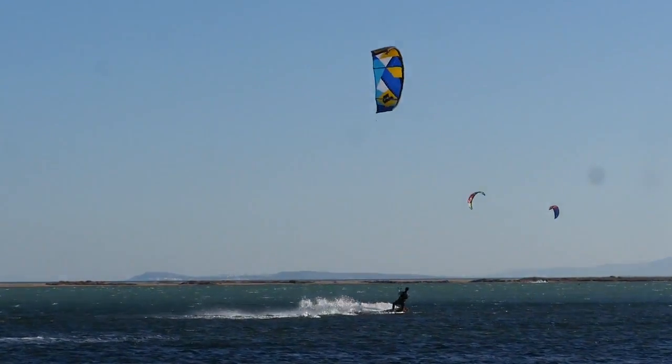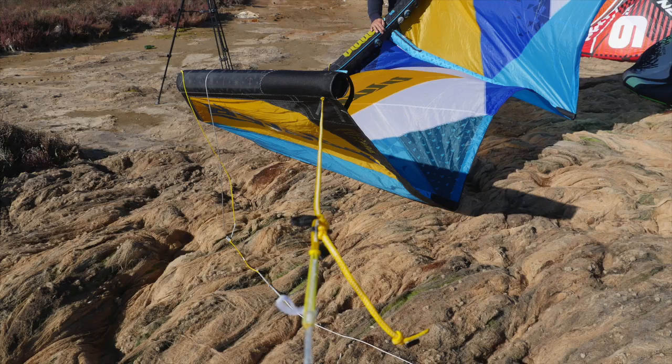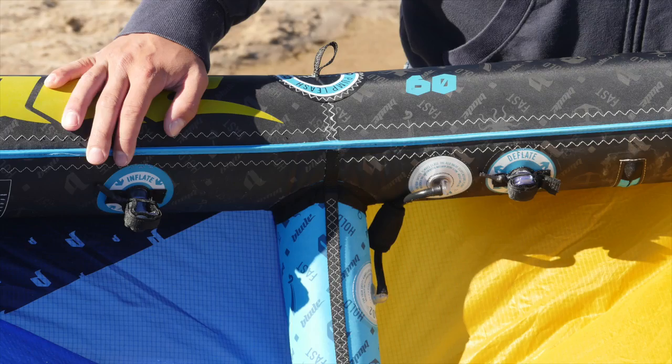The Blade Trigger has a 4-point bridle with one pulley. The steering lines are directly connected with the tip end. There is no variation given to tune the kite in bar feeling and bar pressure or turning speed. To inflate the kite there's a small one-way valve in the main tube, and to deflate there's a slightly bigger